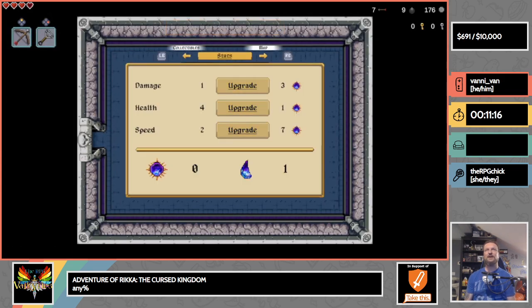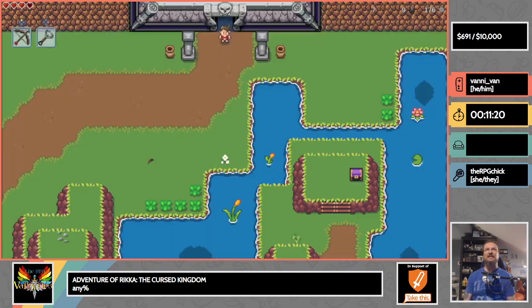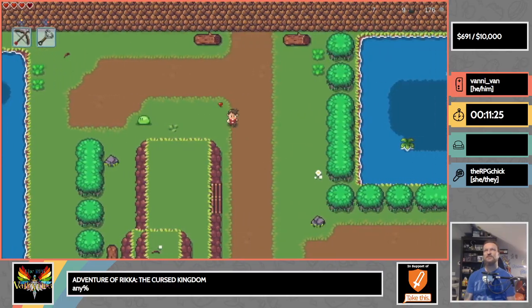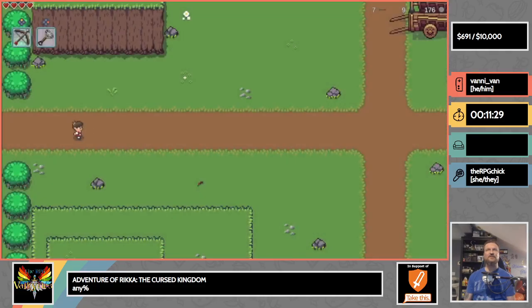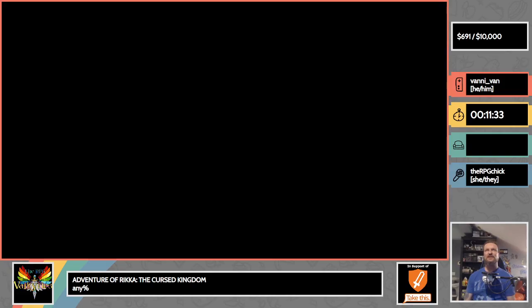I'm going to come here. I'm going to upgrade my speed. Now, the reason why I'm saving and exiting after I collect the orb is it brings you right to the beginning of the dungeon, and it just saves time as opposed to backtracking. That's why we do that. So, yeah. Alrighty, so this next section here...